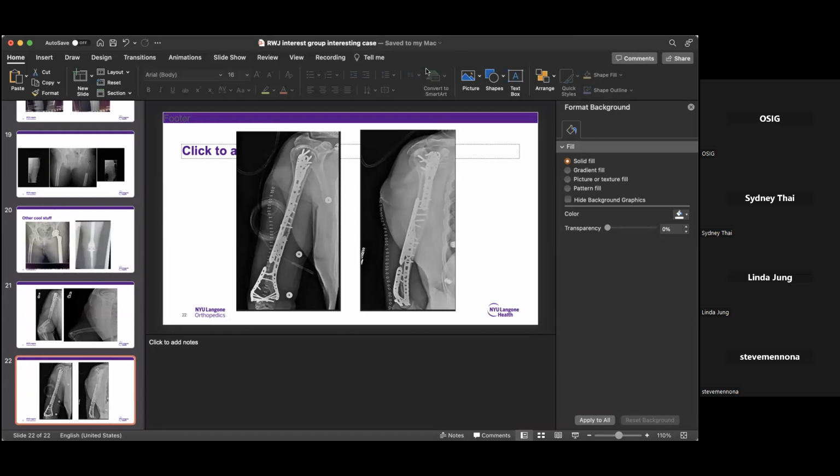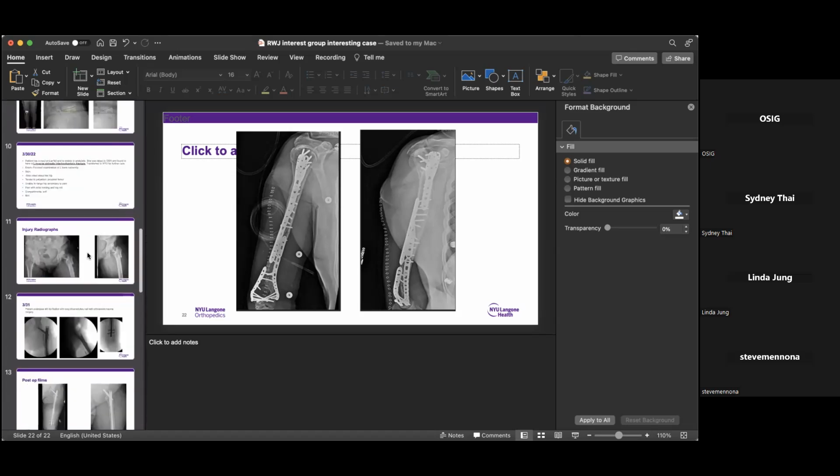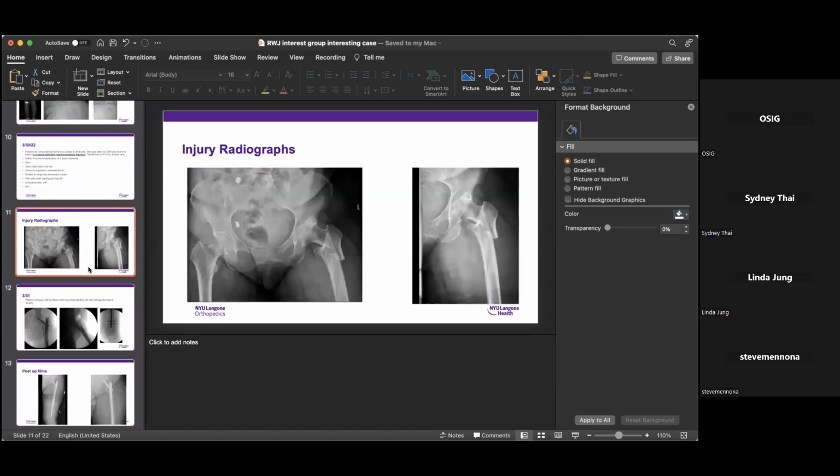I have one. So with the lady that had an arthritic hip, how come you didn't just do the total hip replacement after the fall? Why didn't I do the total hip right here? Yeah. Because, basically, if I did a total hip with this fracture, you could do it, but